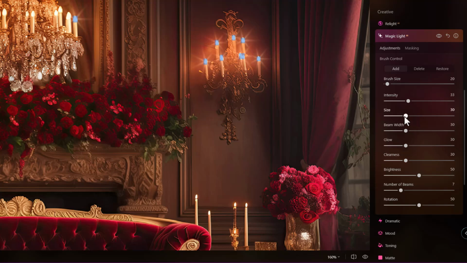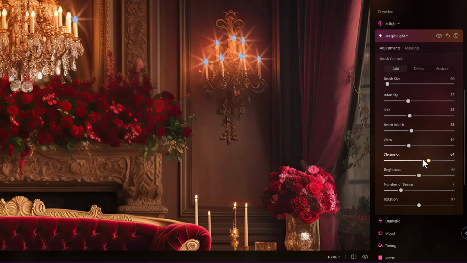But the size right here, I can move this back and forth. You can see the size, the beam width, spread it out, bring it down a bit. Again, that's all up to you based on your vision. The glow of this, pull that up or down, very subtle there. I like this one. I could pull back, watch what happens. It sort of blurs everything, but if I do this, look, it sharpens that right up, and that's called the